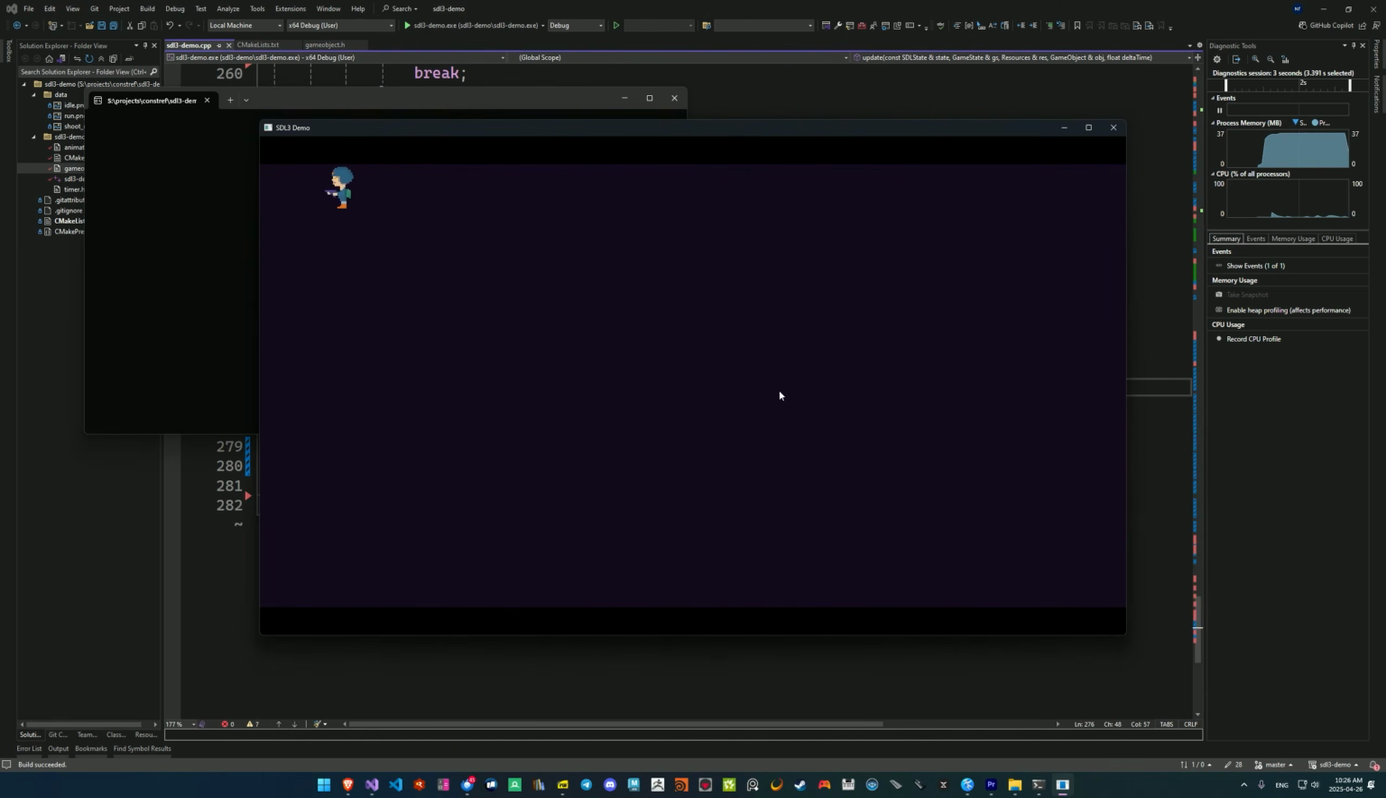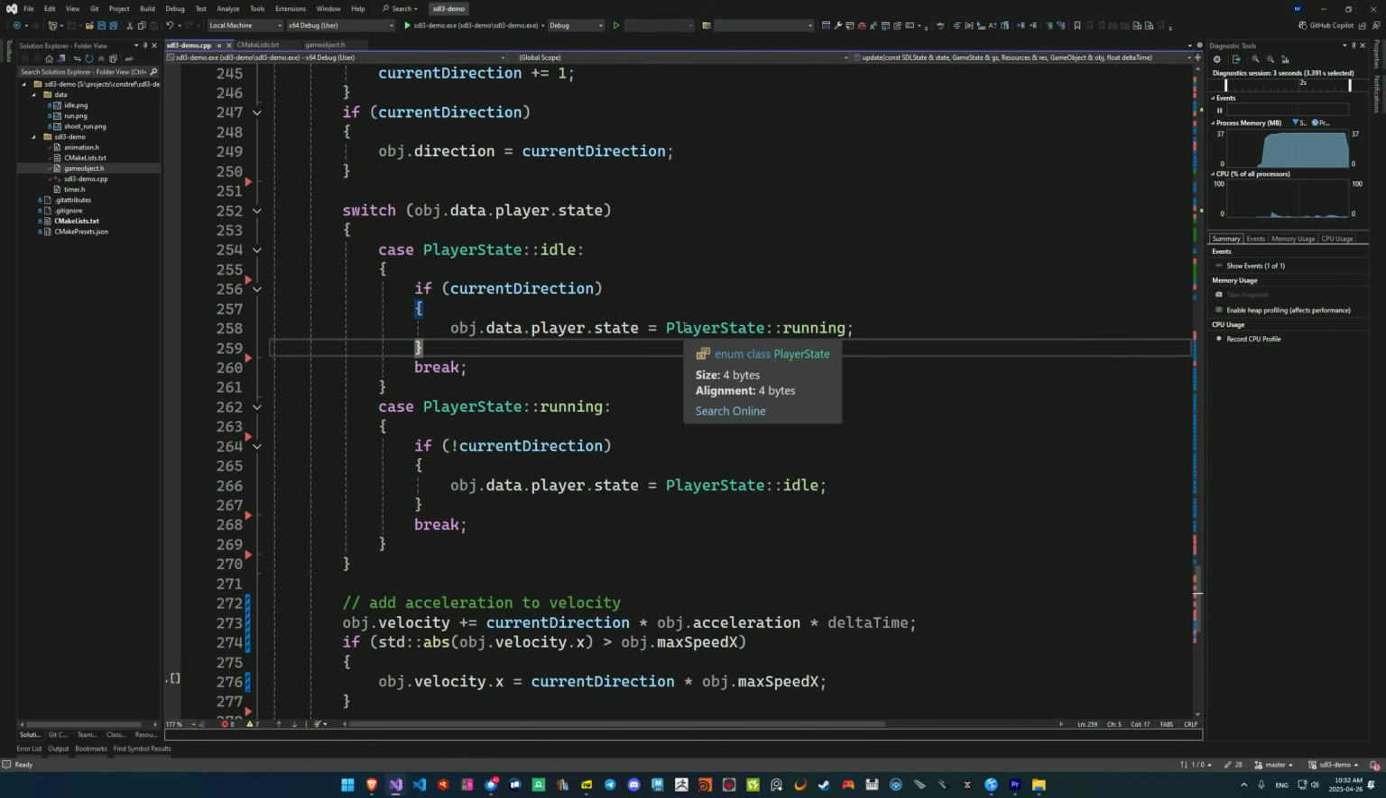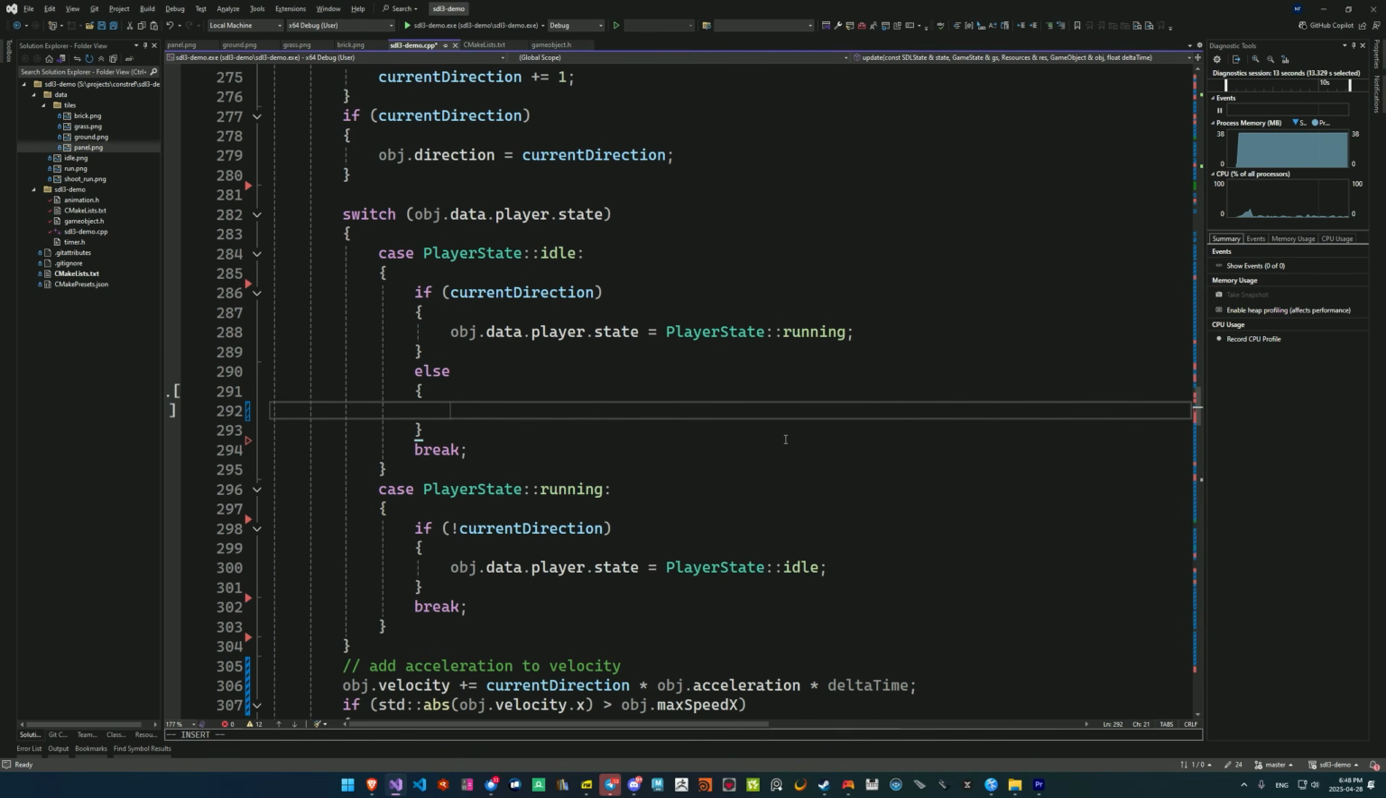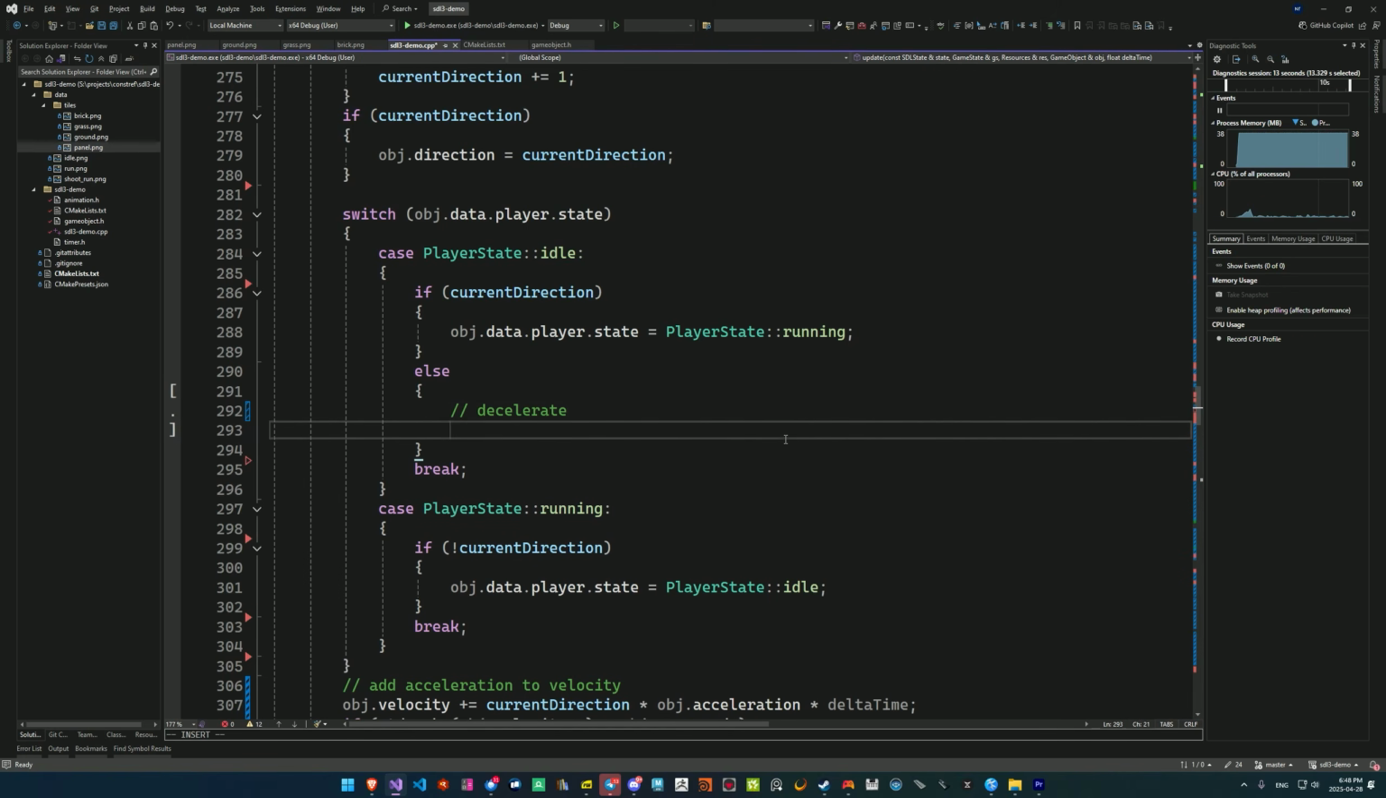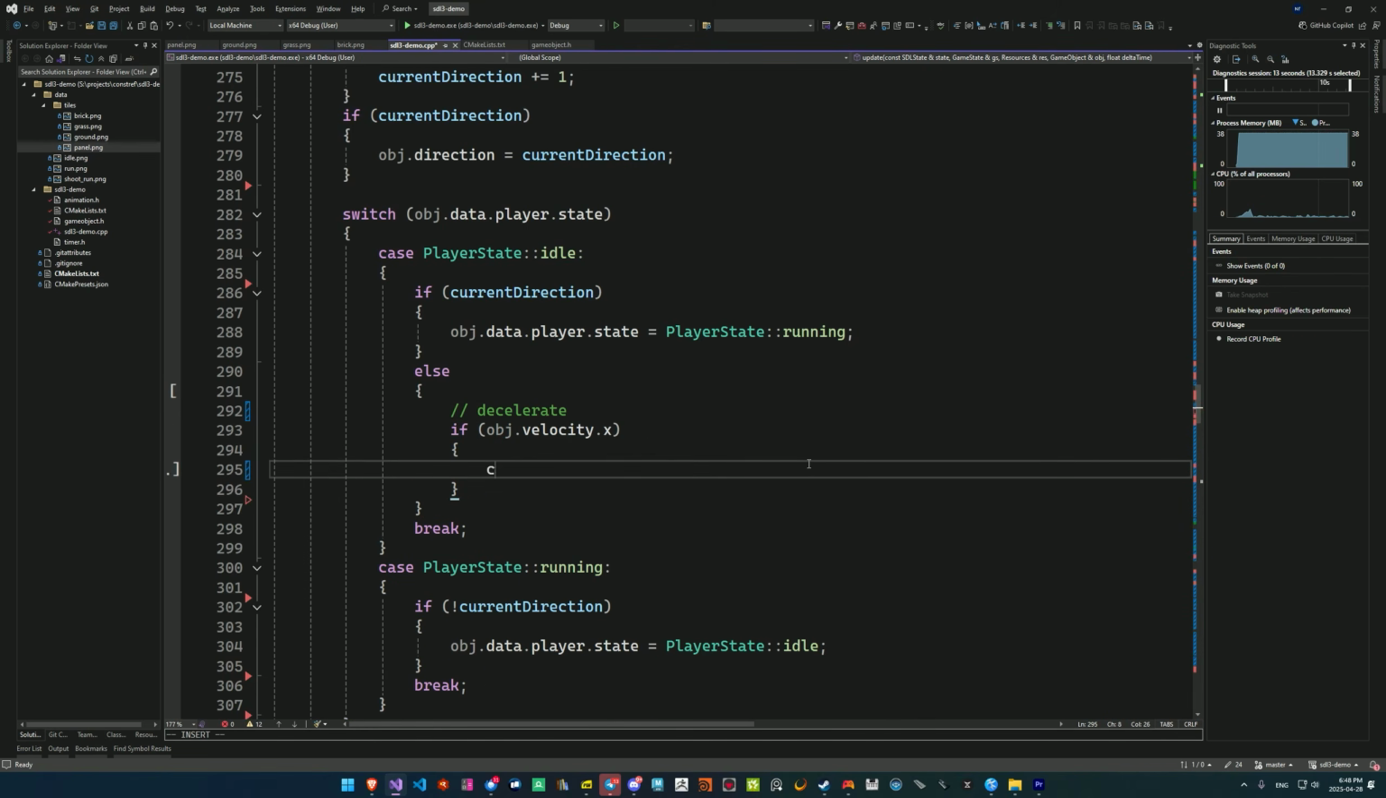Now that our player can start moving properly, we need to make sure that he can actually stop moving. So we head over to our update code, and in the case that our player is idle, we need to add some code to decelerate and make sure that our player can come to a stop. The way we do that is we check if there's currently velocity in the x-axis, and if there is, we create a deceleration factor, which lets us slow down faster than we